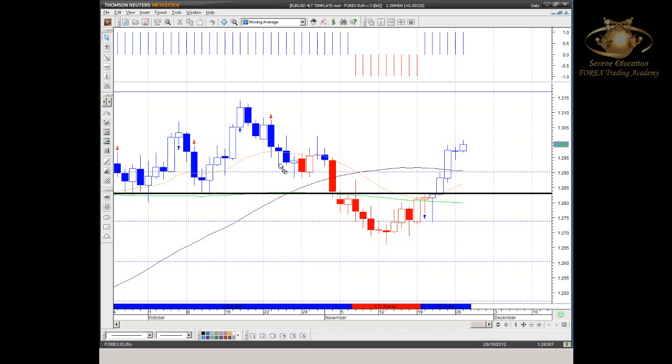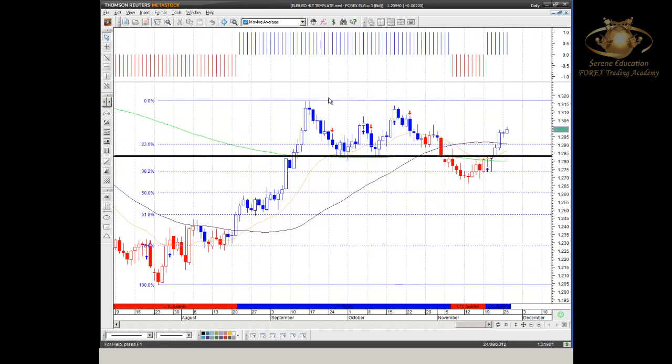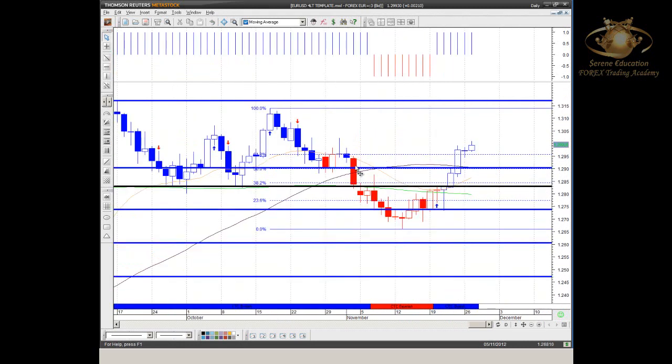You can either take the long-term fib from the low in July to the current high, but you can also take the start of this downtrend. You can see price has been moving lower from this high over here to the current low. So if you want to see a fib retracement, see where price is trading on the upside, you can do exactly the same here. So what you can see is the major fib. You can make this nice and strong. Let's just do that so you guys can see. There we go. That's the major ones, and now the intermediate ones, or the intraday ones you could use, are